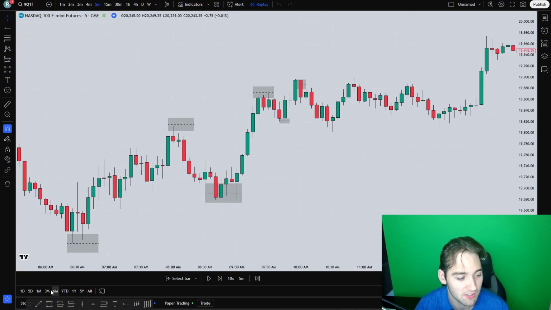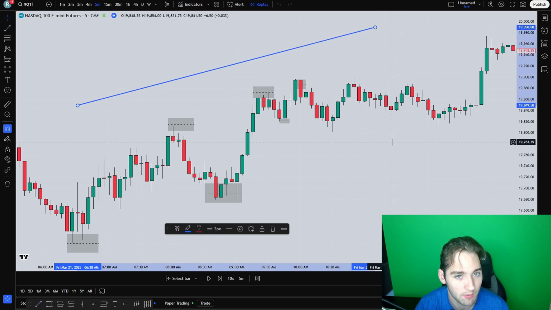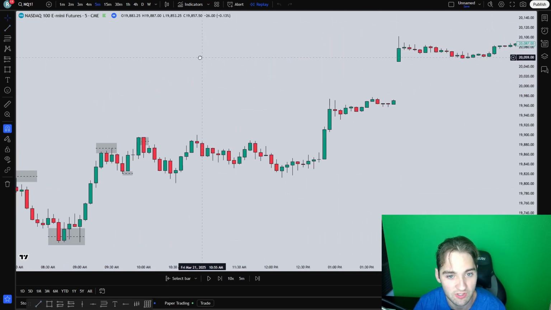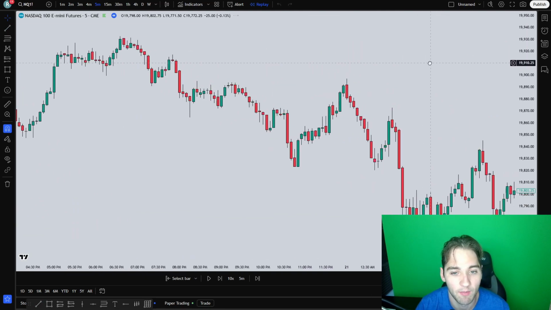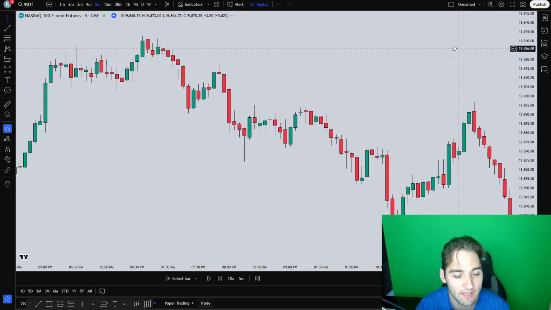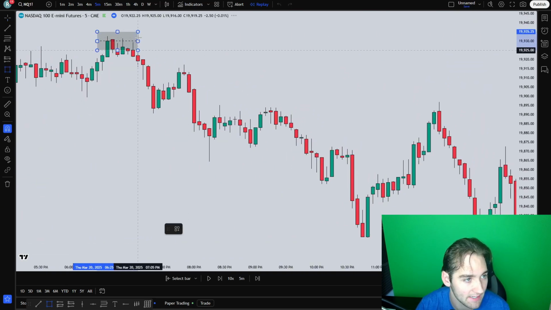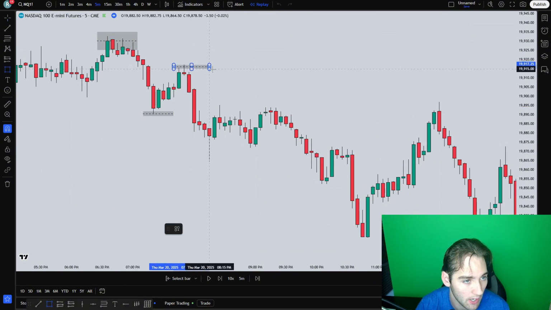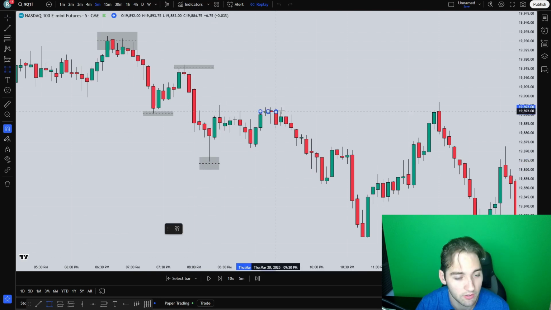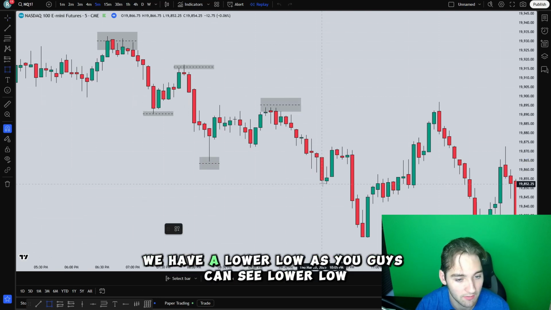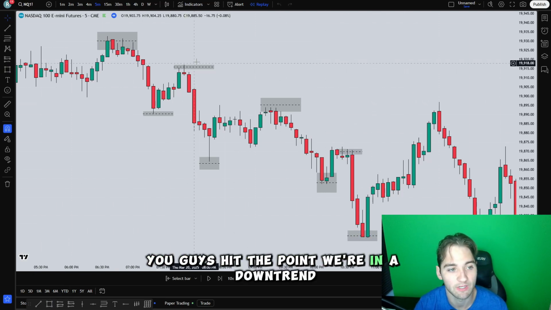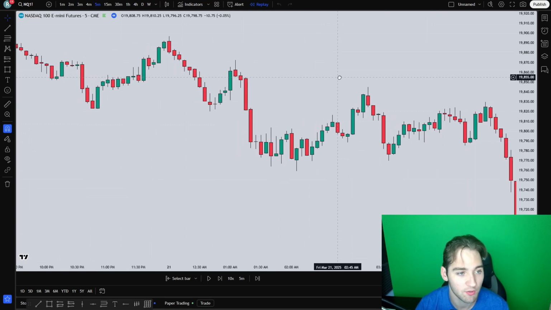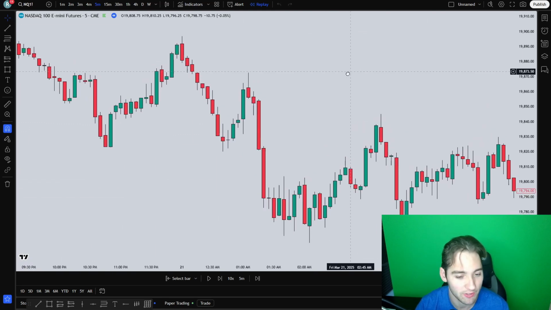So we know price is likely to go up from this level, which then keeps going up. Our second way markets move is by a downtrend. So what is a downtrend? We have a high, then we have a low, a lower high, a lower low, a lower high again, and a lower low. As you guys can see, lower low, you get the point. We're in a downtrend. So there are 2 ways the market moves so far, a downtrend and an uptrend, but